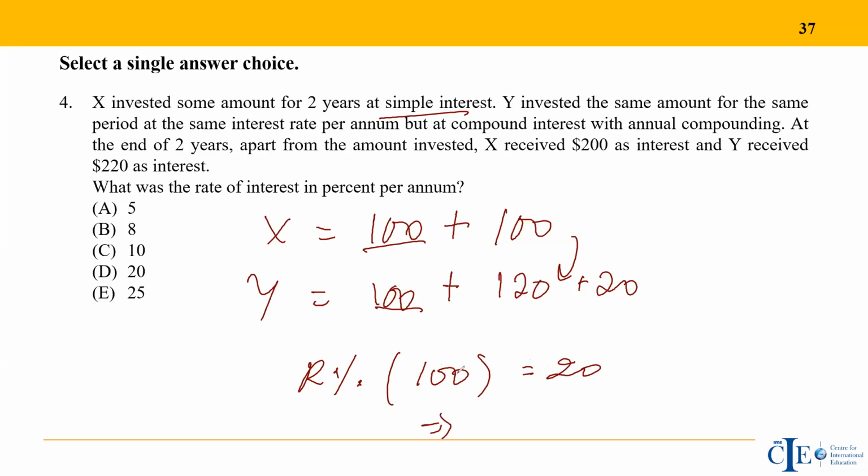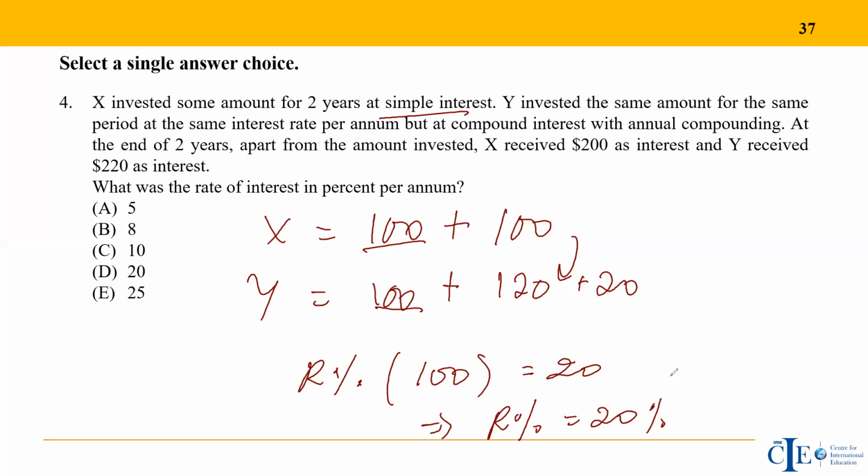So what percent of 100 would be 20? It has to be 20%. And hence R is simply 20%. So I don't have to again get into this PR square upon 100 square, or go back and find interest, say the PR part. You can simply see it as one single value, which is nothing but R% of the first year's interest. As you get to know the total interest, you can split that up.